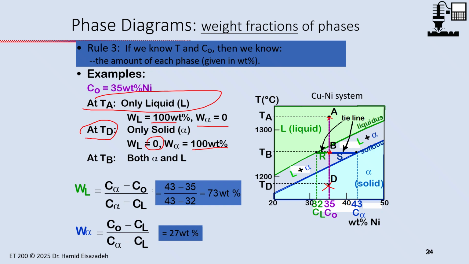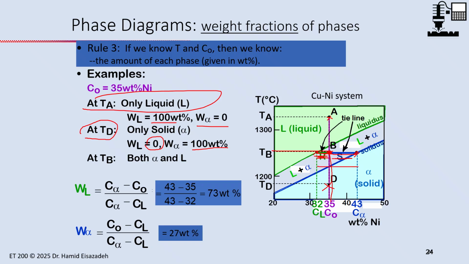They told us at this temperature and at this composition, find out how much of solid phase and how much of liquid phase we have at that point. Okay, so we have to use a tie line. Again, we draw a horizontal line to cross this liquid line and this solid line, and we have to measure these two portions here,